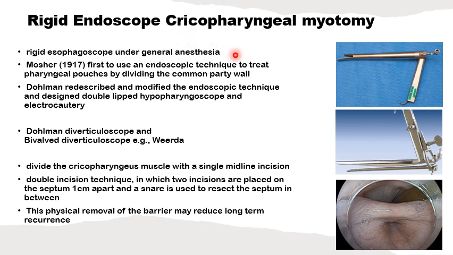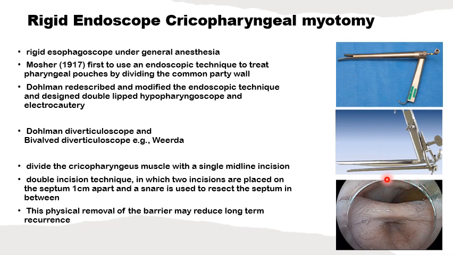Our surgical modality is the rigid endoscopy that requires a general anesthesia and also hyperextension of the neck. It was first described more than 100 years ago by Mosher, but standardized and popularized by Dohlman, who also has described some of the instruments used, including his laryngoscope, which has two flanges,